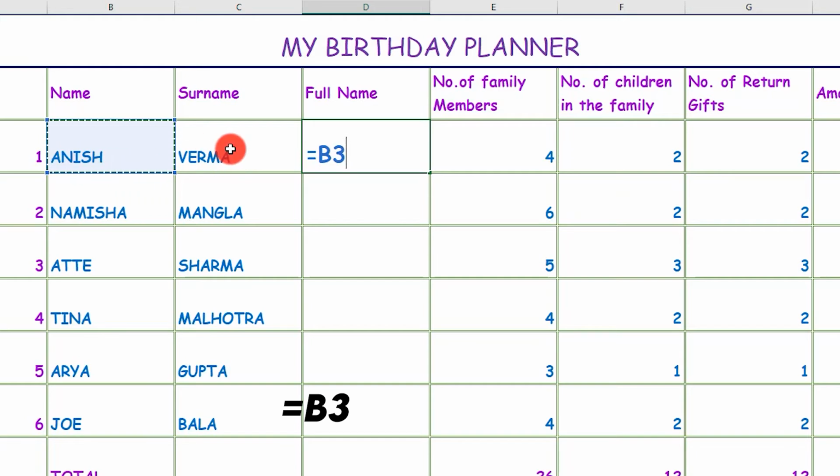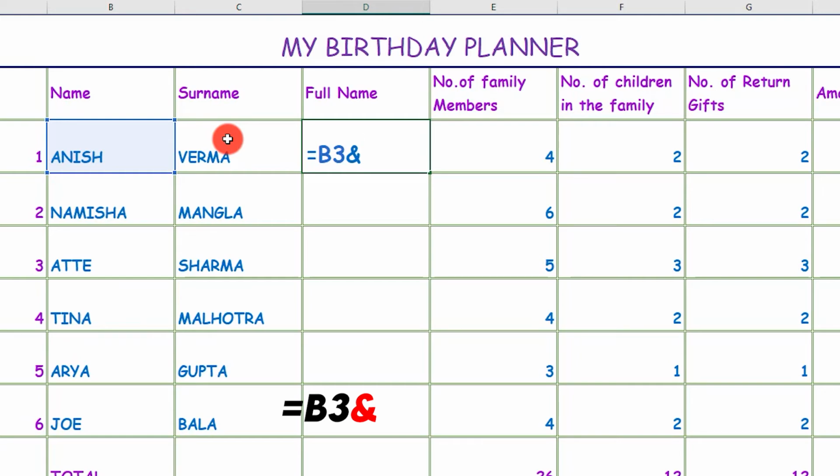Anish and Verma both are text, so we cannot use the plus sign to join them. We need to use the ampersand sign. Ampersand sign is the and sign written in short. That is got from the keyboard by pressing Shift and 7. So I press the Shift and 7 keys together and I get this ampersand sign.